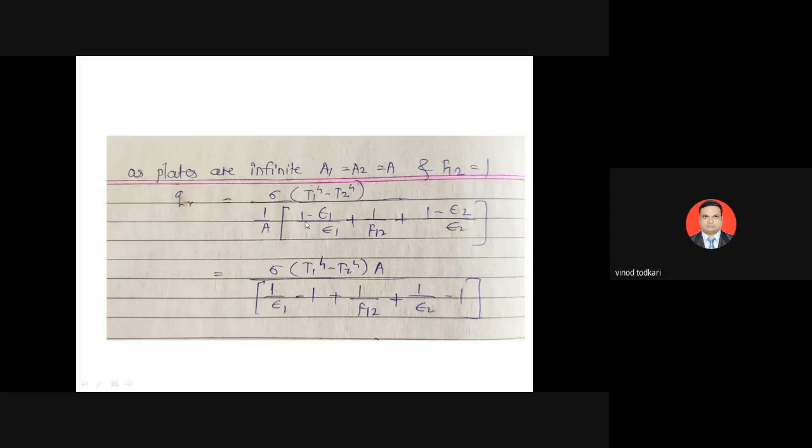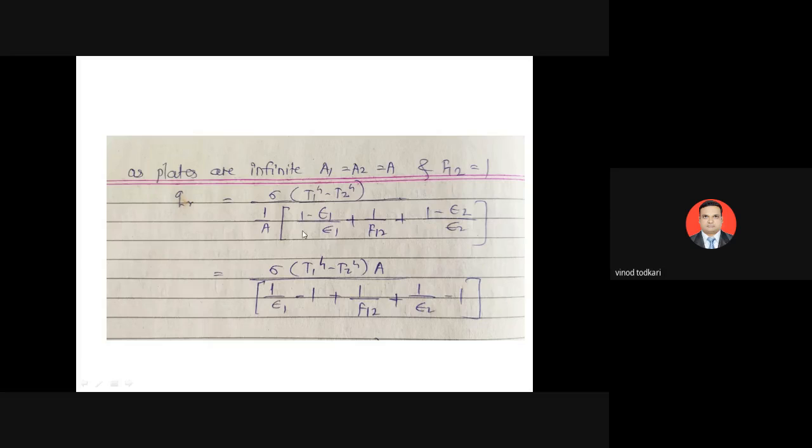So it is 1 upon A into bracket 1 minus epsilon 1 upon epsilon 1 plus 1 upon F12 plus 1 minus epsilon 2 upon epsilon 2, right? Now what is this F12? F12 is again 1. Now see this A, it will come in the numerator. So what will be the formula? The formula will be sigma into bracket T1 raised to 4 minus T2 raised to 4 into A divided by,